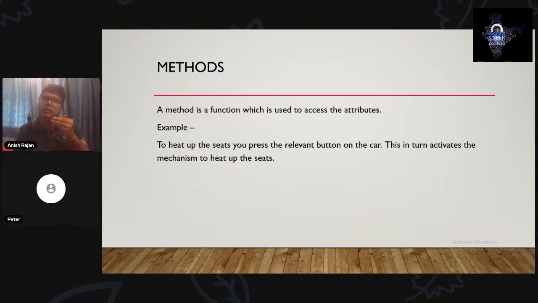You have heated seats in your car, right? But how do you access them? How do you turn on that facility? By pressing the button. That in turn activates the internal mechanism, and that button helps you access this attribute or feature of the car. Okay.